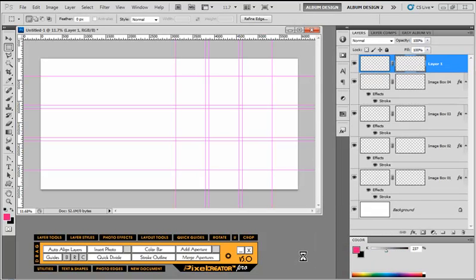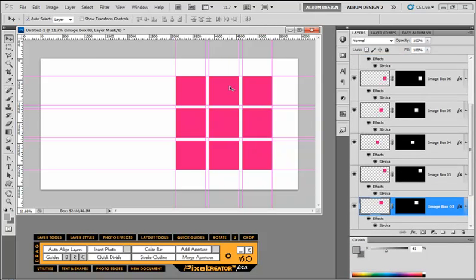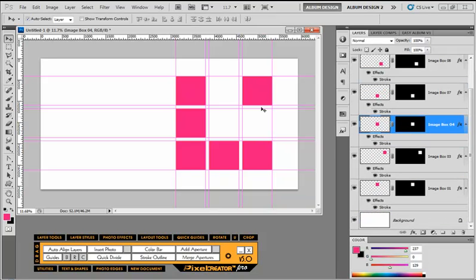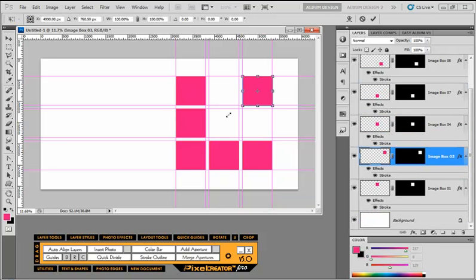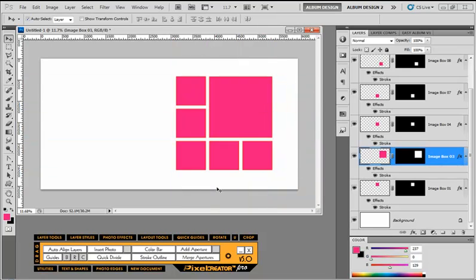And essentially what Pixel Creator Pro will do is create 9 equal sized image openings. Now what we're going to do is delete a couple, and just drag them into the trash can, and then we're going to take this one and free transform it, and because we created those guidelines, we have something to snap to. Now I'm going to go ahead and clear out those guides so we can see things a little bit more clearly. So you can see the interesting arrangement of image openings that we've created,